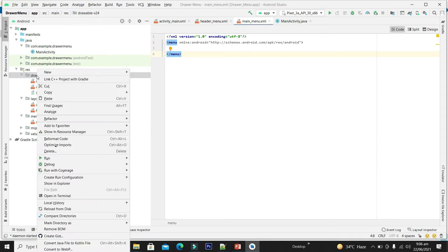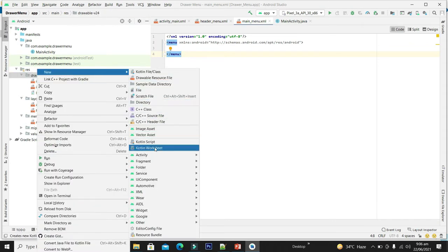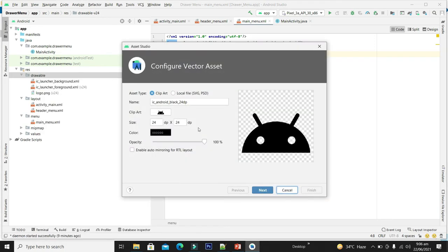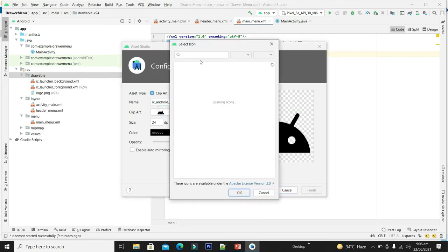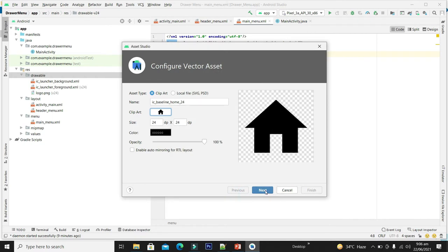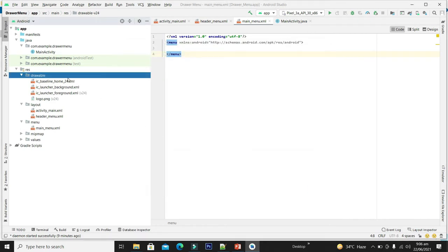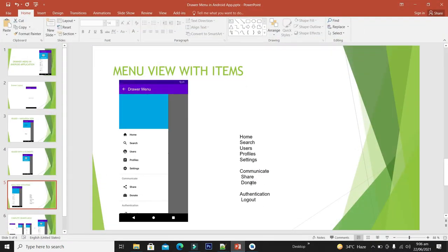So these icons are already present in Android Studio, you simply have to include them into your project. Select the drawable, right click on it, from new, select the vector asset, and from here for our home item I will select the home, click OK, click next and finish. So our home icon is added. In the same way I will import all these items. Let's start.